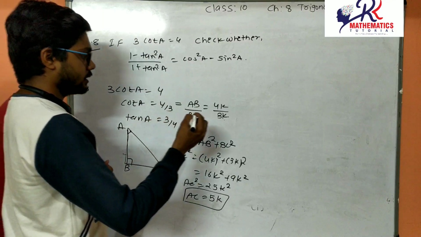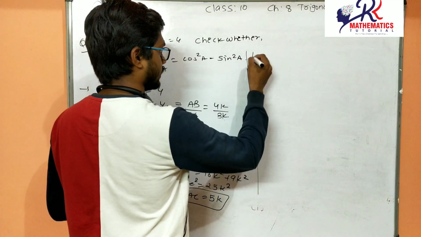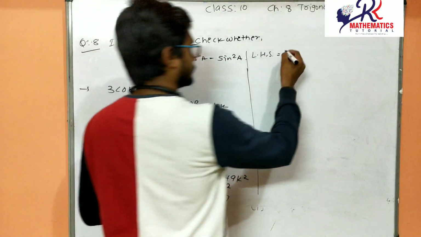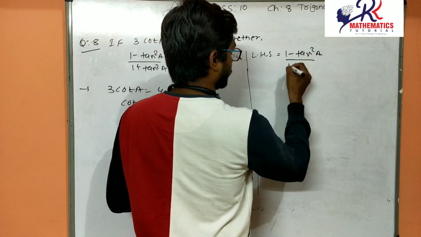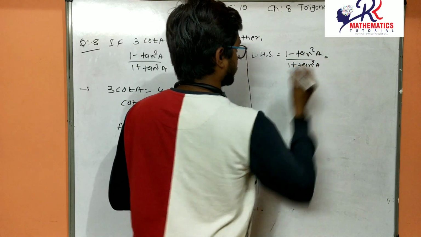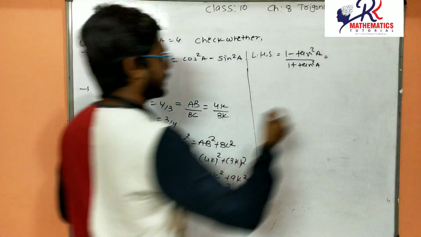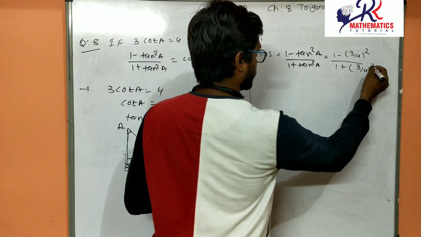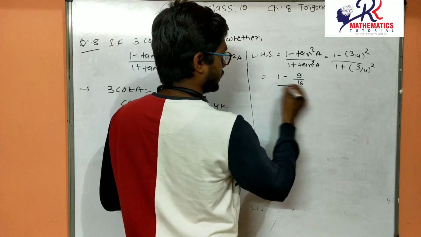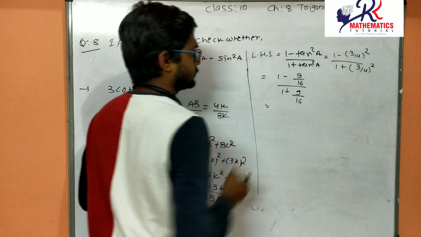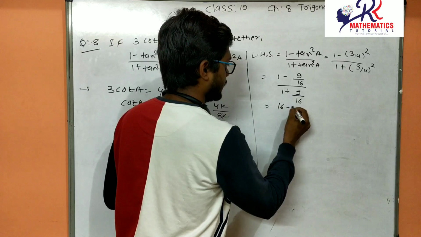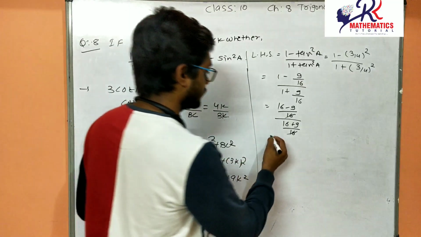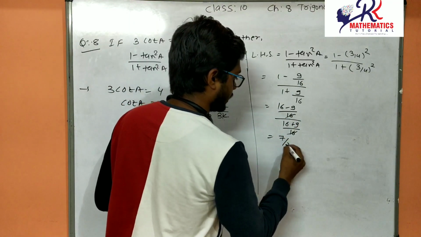So the value of cos A. First of all, we solve our left hand side. After that, we can find our value of cos inside. So left hand side is (1 minus tan square A) upon (1 plus tan square A). So here the value of tan A is 3 by 4. So we can write 1 minus (3 by 4) whole square, upon 1 plus (3 by 4) whole square. So it is 1 minus 9 by 16 and 1 plus 9 by 16. Now take LCM. So (16 minus 9) divided by 16 and (16 plus 9) divided by 16. So 16 will be cut. 16 minus 9 is 7 and it is 25.